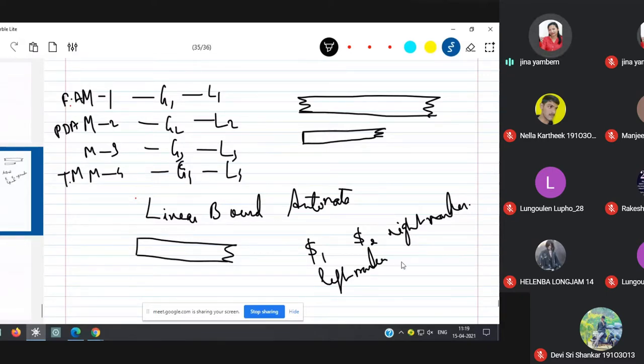So these are the markers. And then in certain textbooks, instead of $1 and $2, they might have used B1, B2. It depends. Okay, so in your exam, if you're going to use this $1 and $2, just please specify that they are special markers, which are the left marker and right marker.